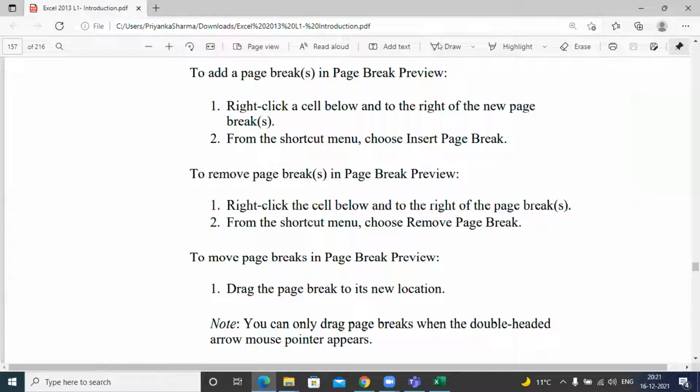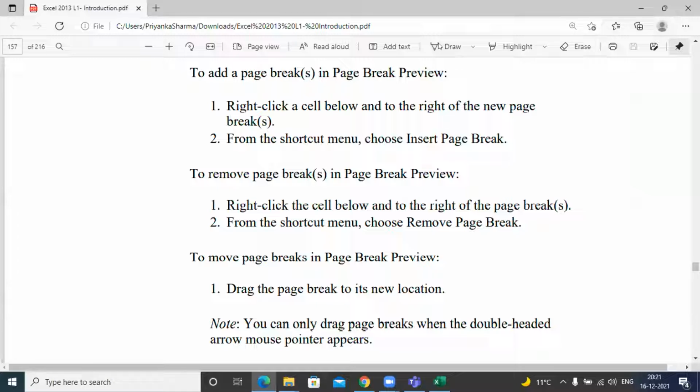Done, done, done. Okay, superb. The next step: if you don't want to keep it, just remove the page break by choosing the Remove Page Break option. That's all you have to do. Within this PDF, there will be some exercises on page breaks which you can do.